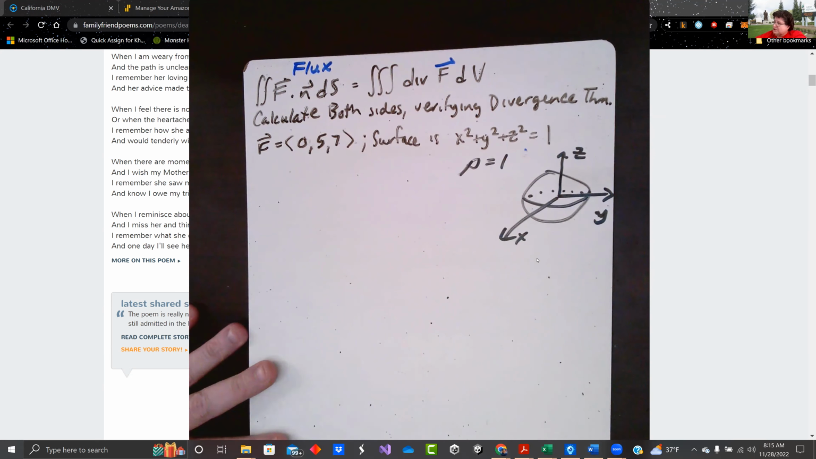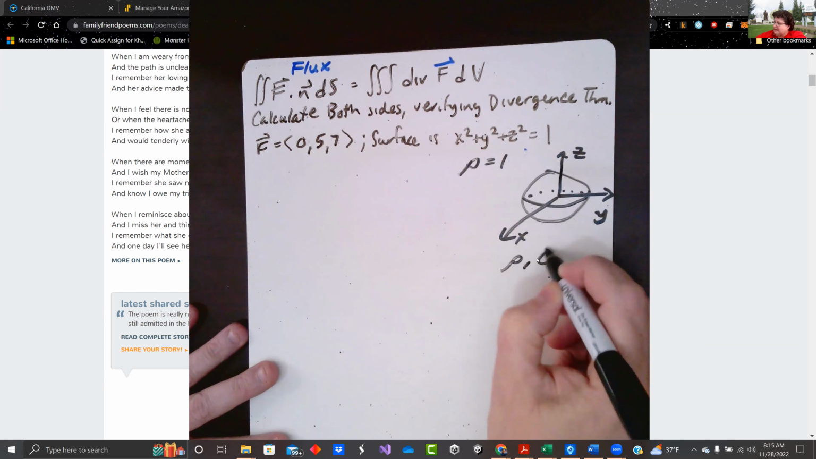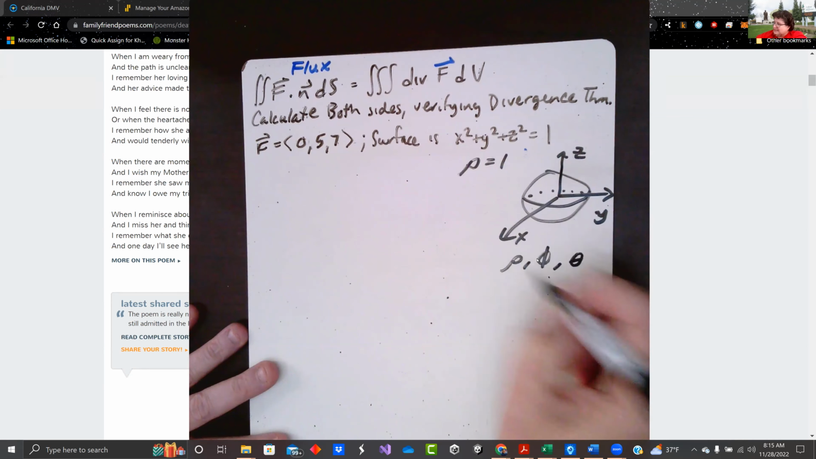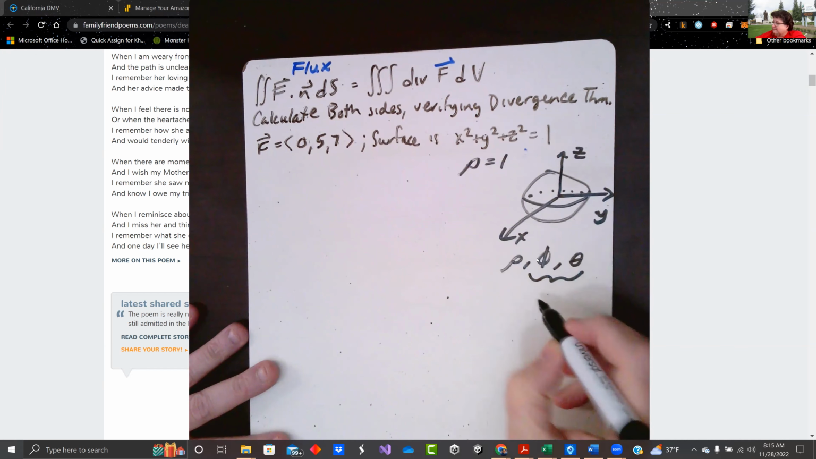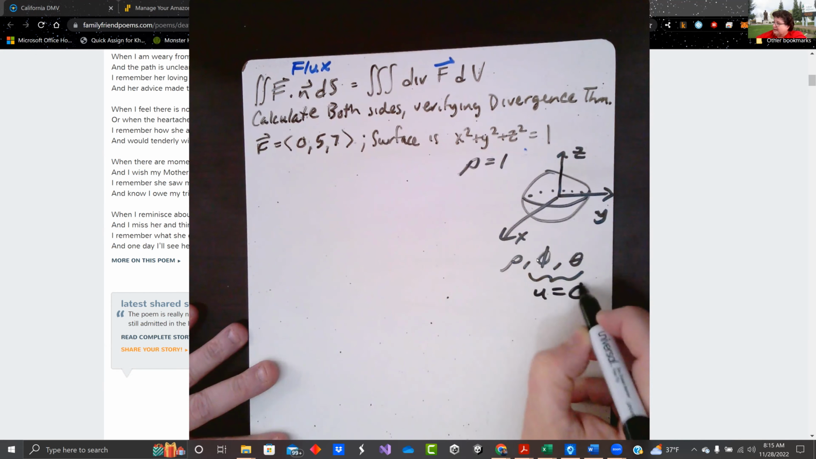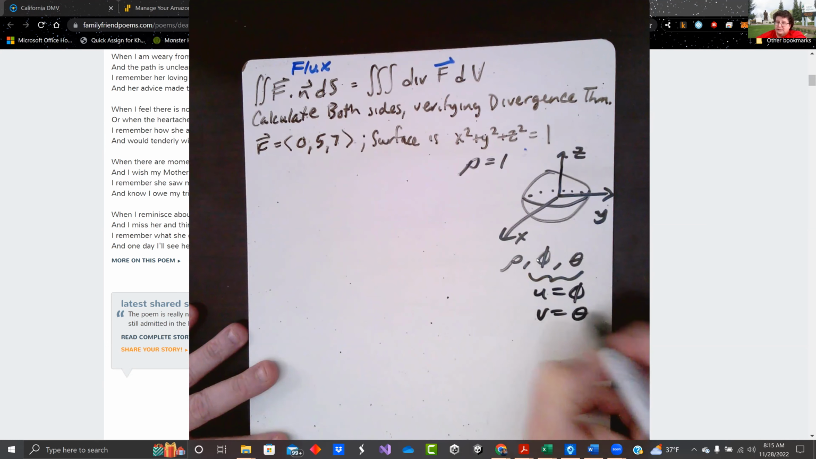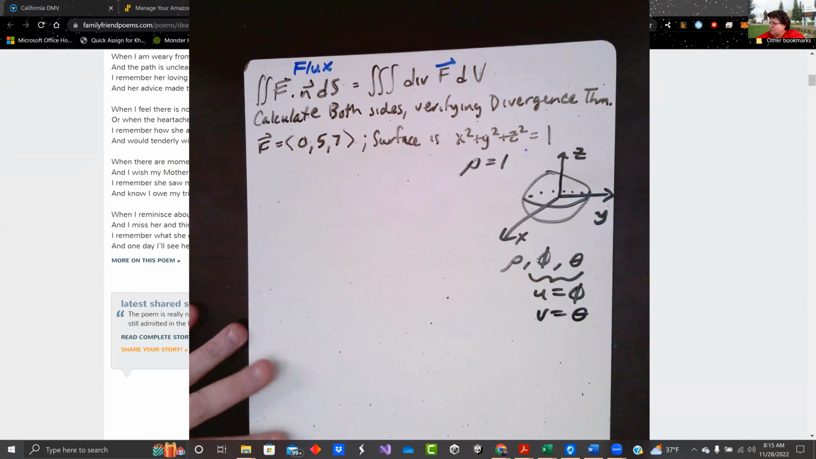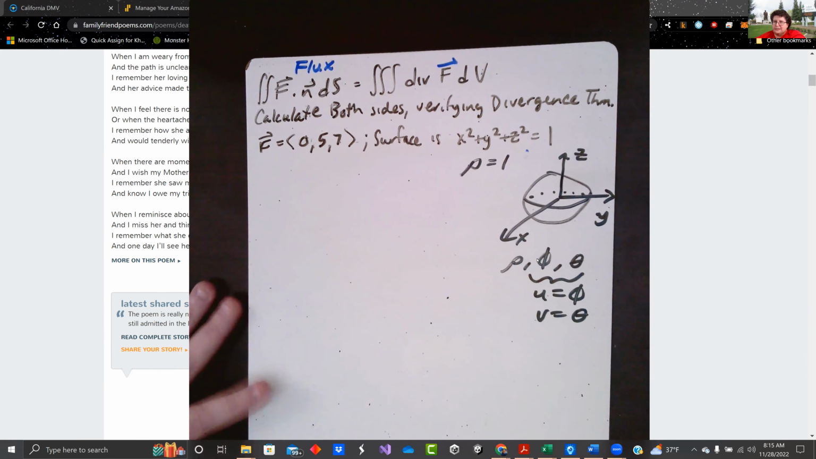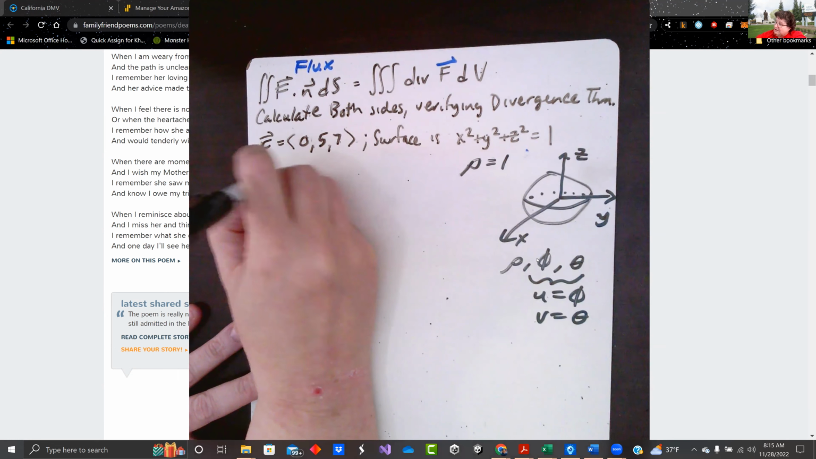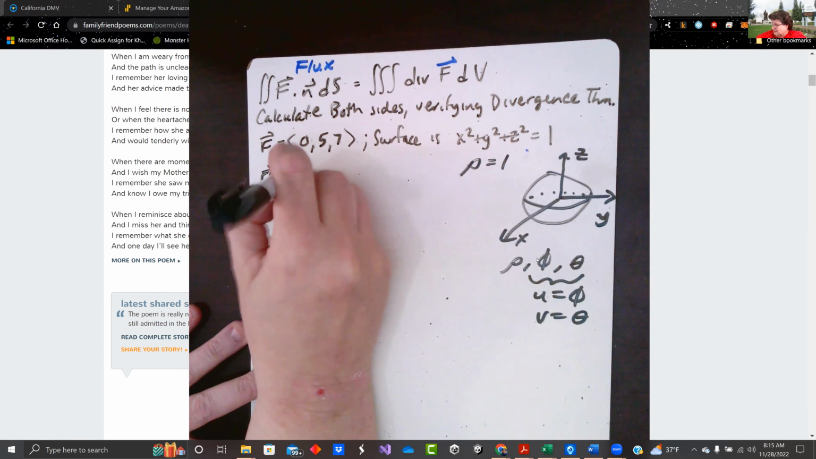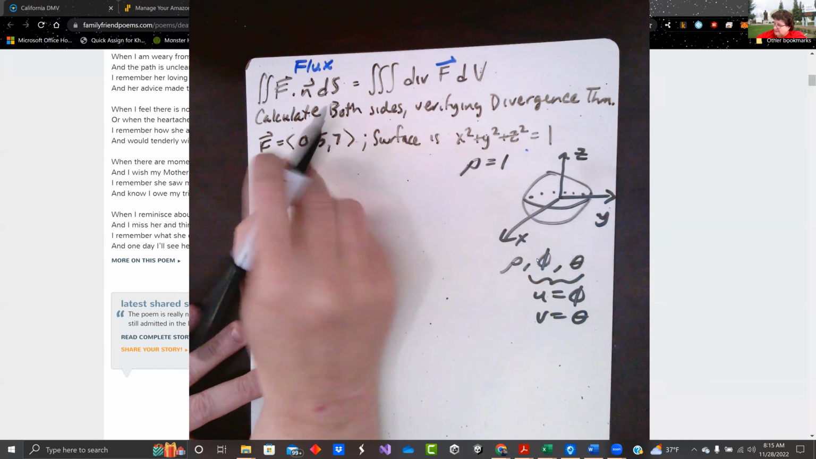coordinates where, since it's rho, phi, and theta, rho is a constant. We're down to 2 coordinates right there. If we called phi u and theta v, we could do r_u cross r_v. So we have to parameterize it in terms of r. So if I did that, if I did r of rho, theta, and phi,